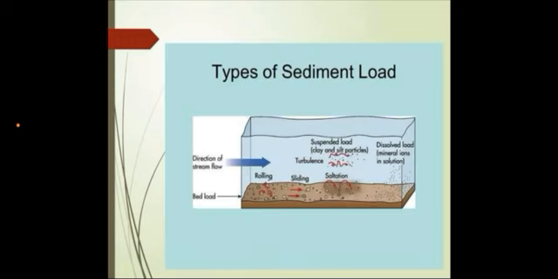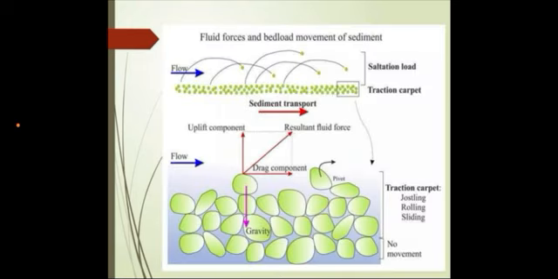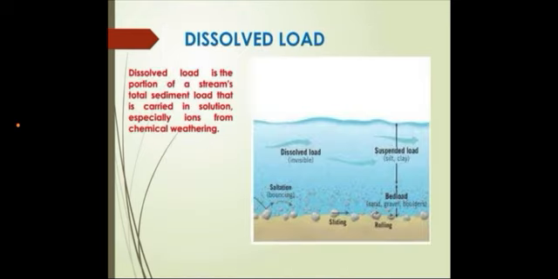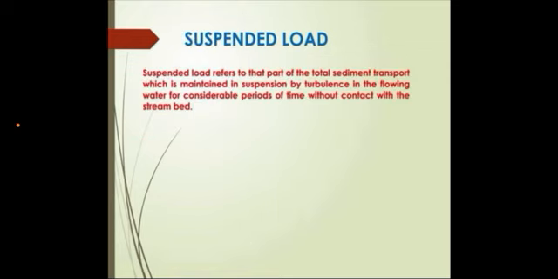Types of sediment load. This image clearly shows the types, and all the parts are labeled. You can identify the sediment load and the sediment movement. Dissolved load is the portion of the stream's total sediment load that is carried in solution, especially from chemical weathering. Suspended load refers to that part of the total sediment transport which is maintained in suspension